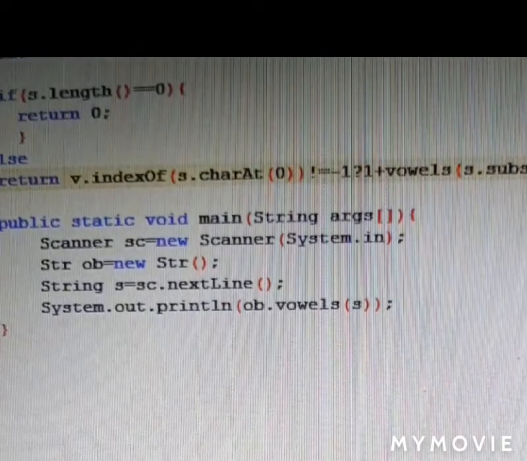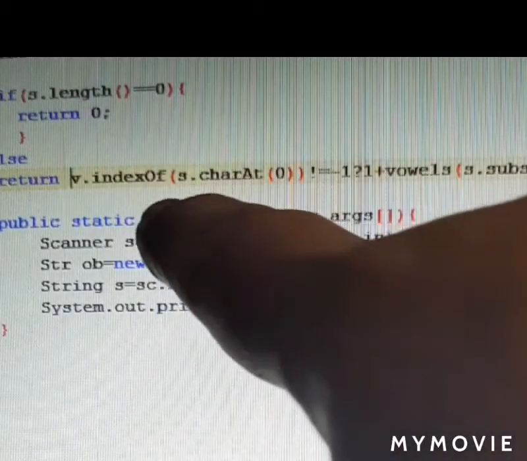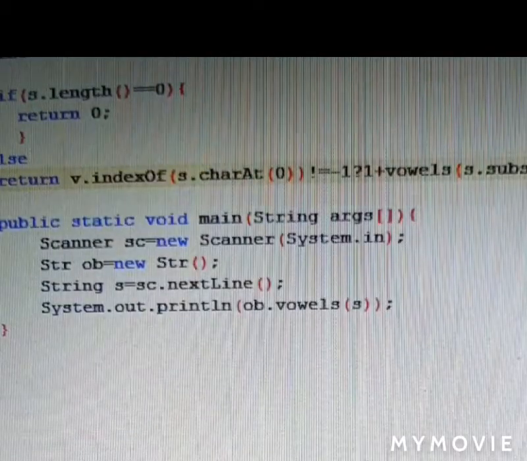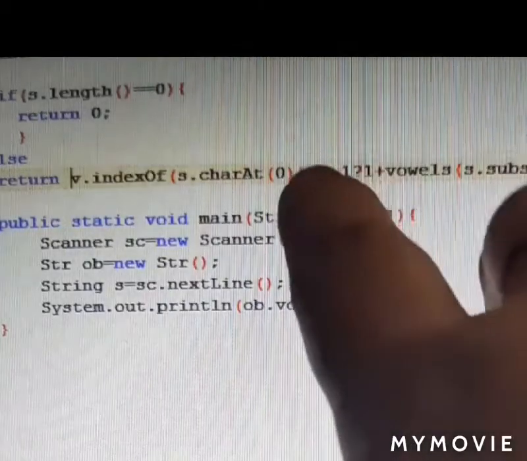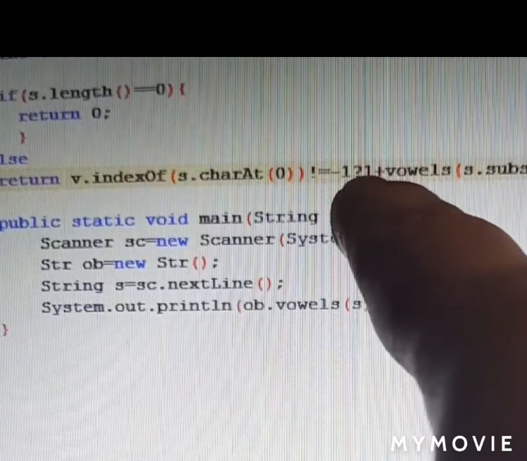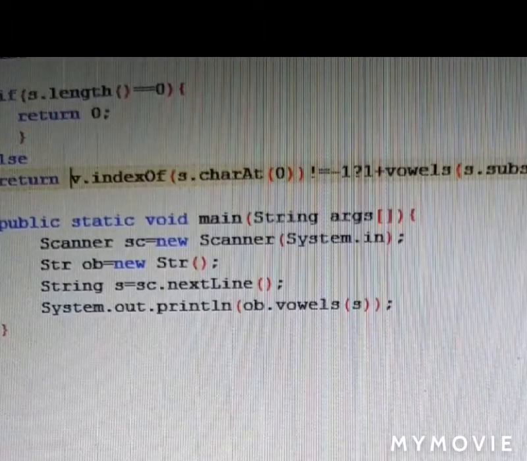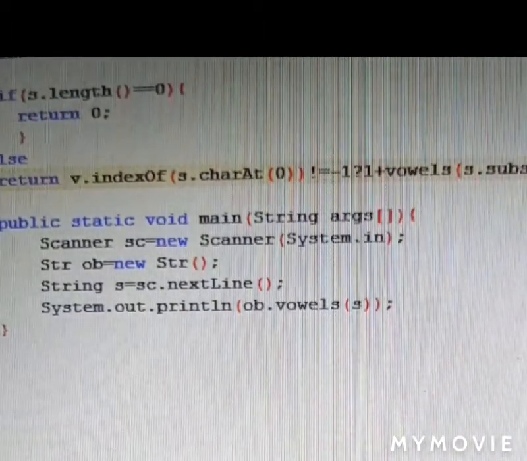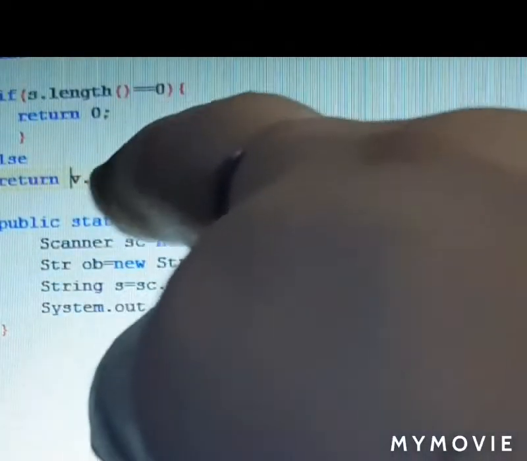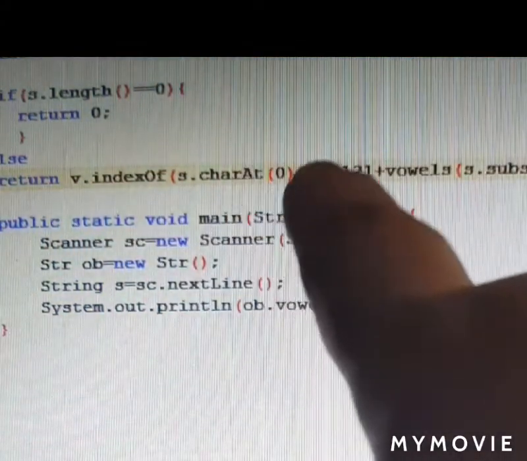So from first position of "eat", we have got "at". "At" will be received over here and the length is still not 0. So from "at", the 0 position character A will be extracted and it will check itself with V. Now since A is found in it, again it will not be equal to -1, and this is a true condition. In the memory already we have got 1 as a counter, another 1 will be added up to it and 2 will be the answer there in the memory. Then vowels will call itself starting from the first position of "at", and that was T. T will be received here. The length is not 0, but T is not found in this V. So it will return -1 and this condition is false.